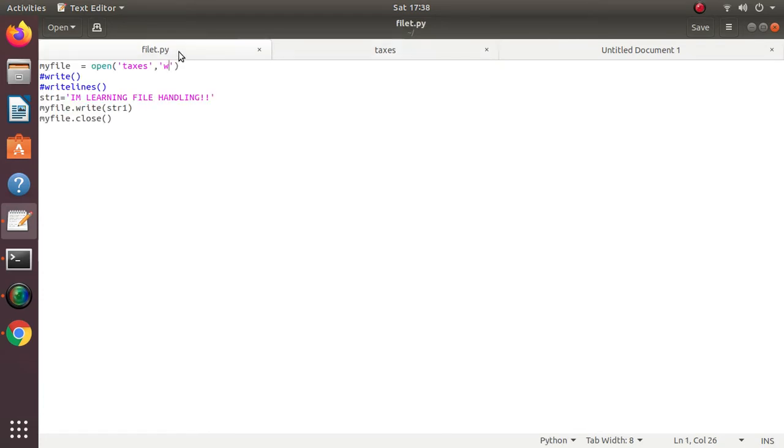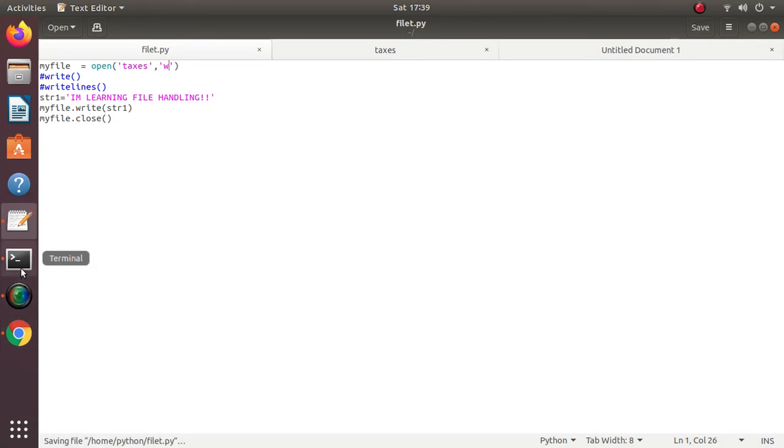In this case, the previous data will get truncated and the new data will get written in this file starting from the very first byte. So if the file does exist and there is some data present, the previous data will get truncated. And the third case is when the file is present, the taxes file is there, but there is no data present in it, then simply whatever we are trying to write will get written in it.